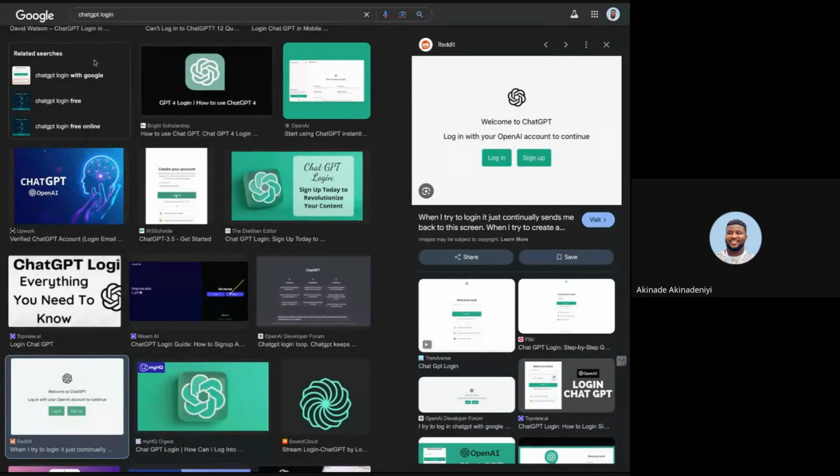Even TikTok. Let me show you something. So there is this rule in design that